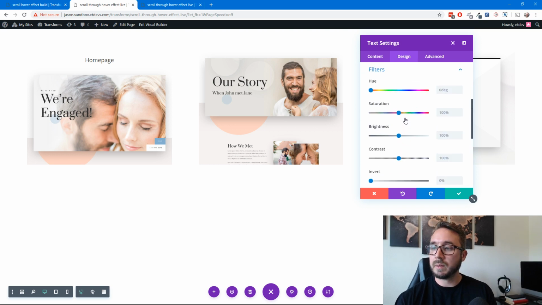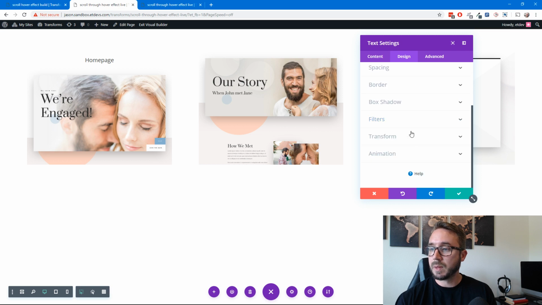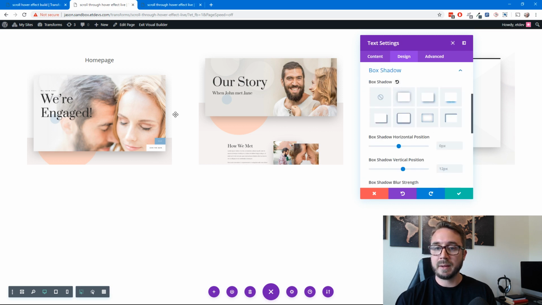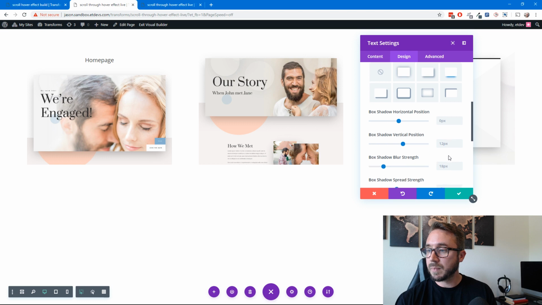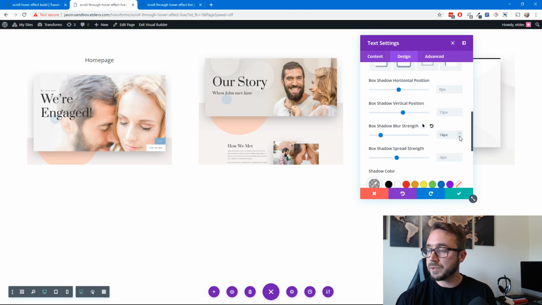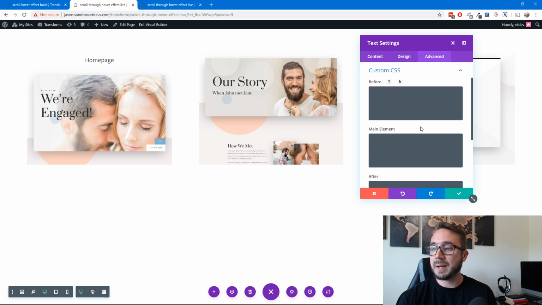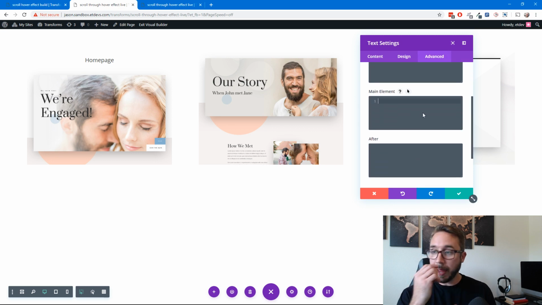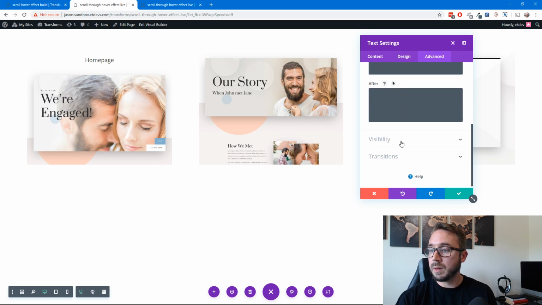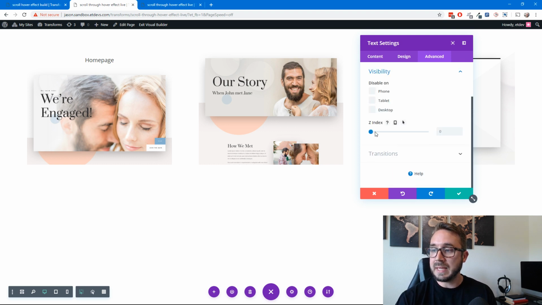Let's go ahead and give it, real quickly, a box shadow. Cool effect there. You can't really see it. I'll shrink down my blur strength a bit. But now what I need to do is, because I can't really see it on top of my image, go into the Advanced tab, go to my custom CSS, and, before I add the z-index, which